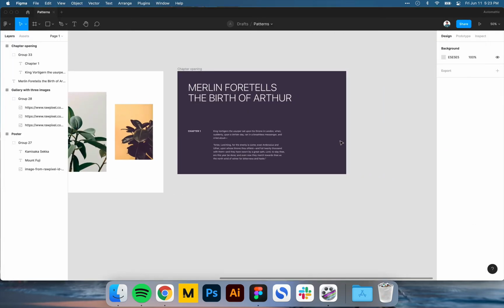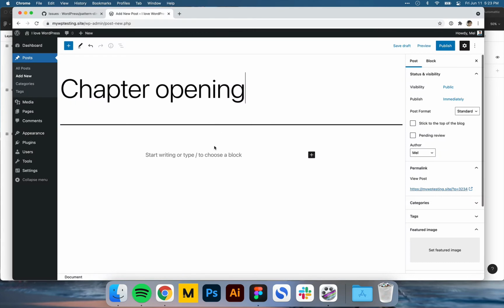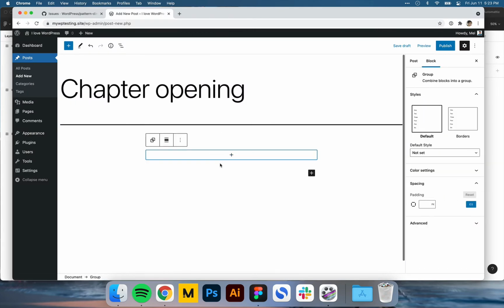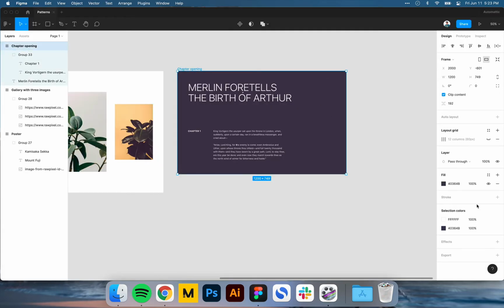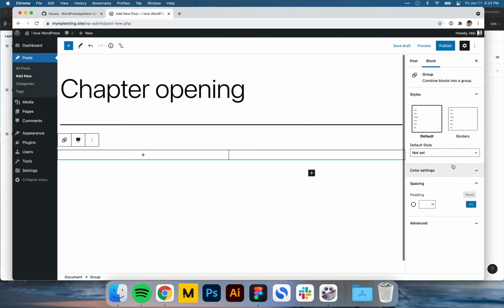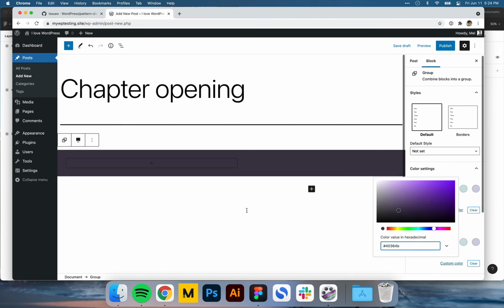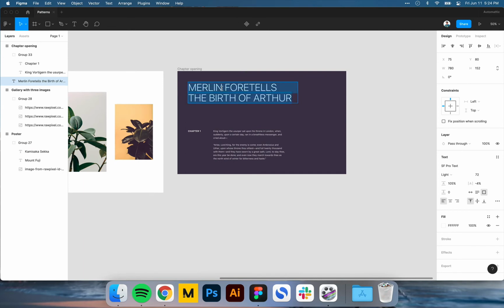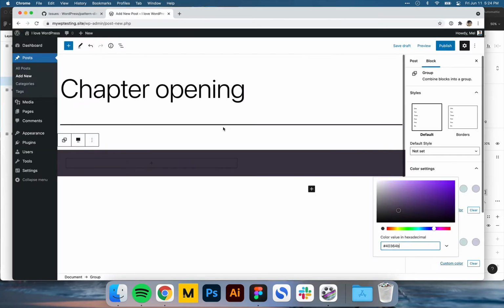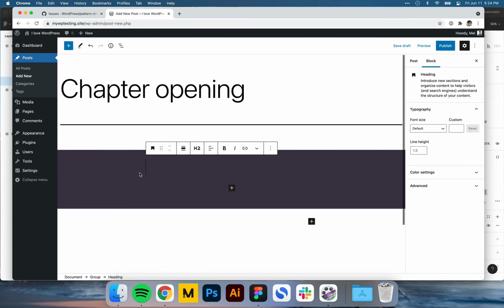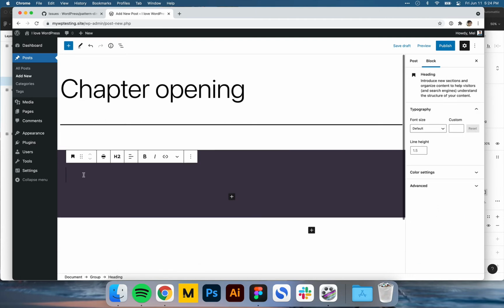And so since I have this kind of like full width background, I'm actually going to make this a group. And I'm doing a group here because I don't necessarily need an image on it. So go to the colors, background color is this purple. So we'll start here. We might not be able to get this light font weight, but we'll start with a heading. I'm gonna make it wide width.